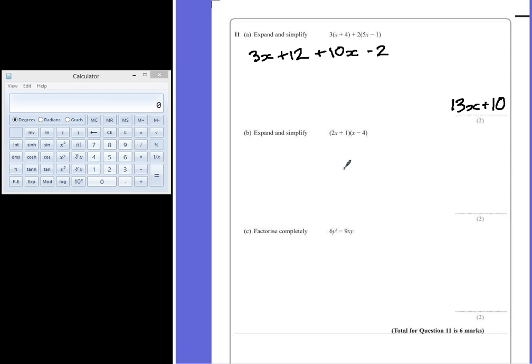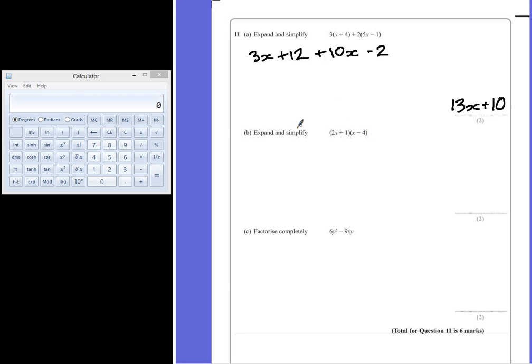Part B. Expand and simplify. 2x plus 1 multiplied by x take away 4. There are a lot of different methods for multiplying and expanding double brackets. The most common one is called FOIL, where you make sure that everything is multiplied by everything inside by multiplying the first numbers, the outside numbers, the inside numbers, and then the last numbers, which would be 1 times negative